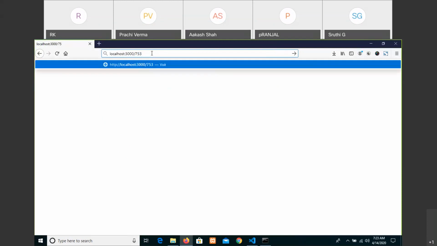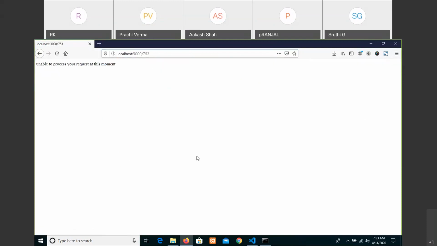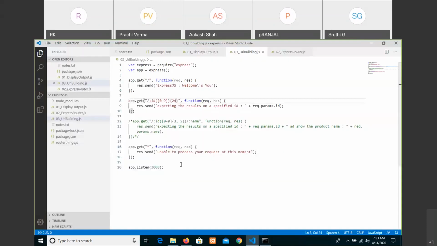Okay, not working. So sorry. This opening closing parenthesis, sorry, curly braces, should be included inside the condition itself, and at the same time we are trying to make it a minimum to maximum range. So in that case, the pattern is not working. I will just check why it's not working, and we'll discuss that point once again.